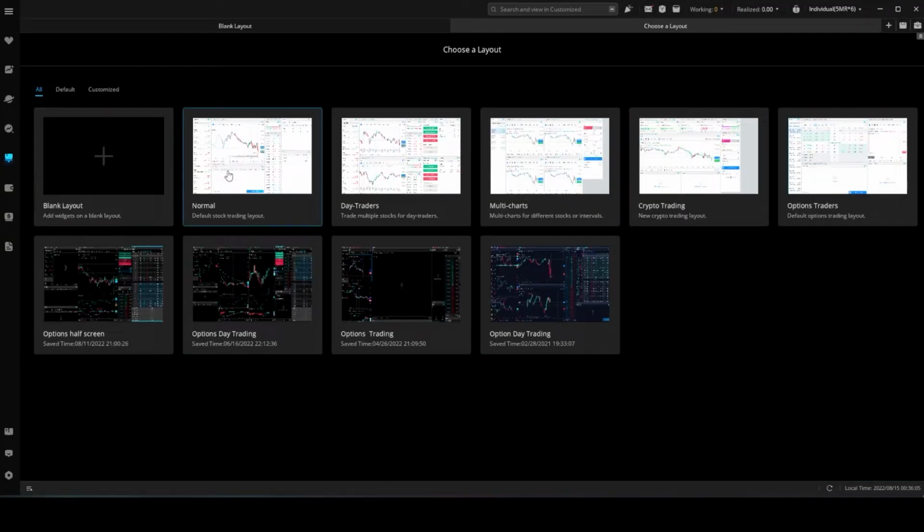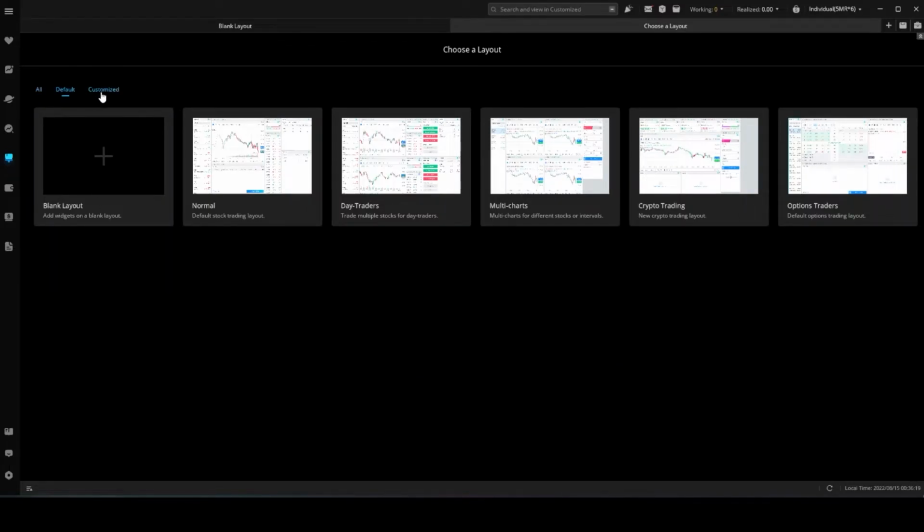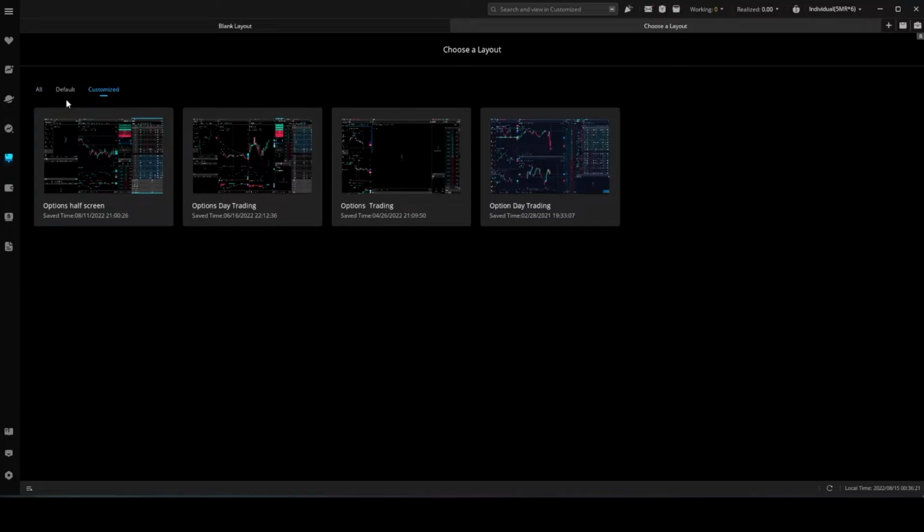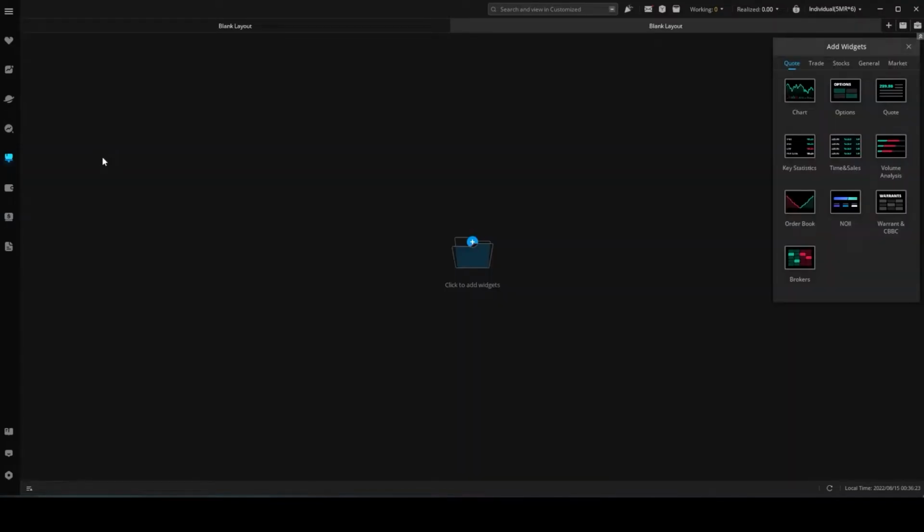Webull has given you a few pre-made options that you can go off of, or you can go off of a completely blank one. So I have a few pre-saved over here. Once you build something you like, you can save it as well, just so you can always go back to it in the future. So they have the default, and those are my customized. So if we want to start from a blank one,